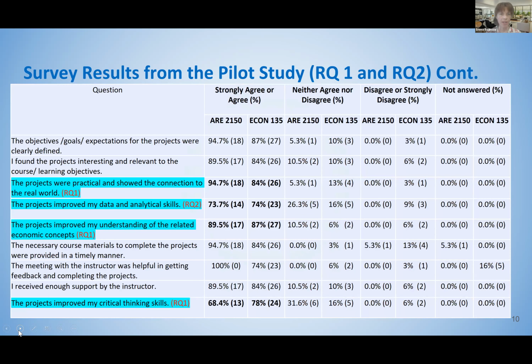This table summarizes our results from the Likert scale questions. 3 of the questions relate to our research question 1, and 1 of them relates to research question 2. I would like to point out some of the student responses to these questions. With respect to research question 1, which was whether a hands-on project with data analysis and current topics improves student learning, we had that